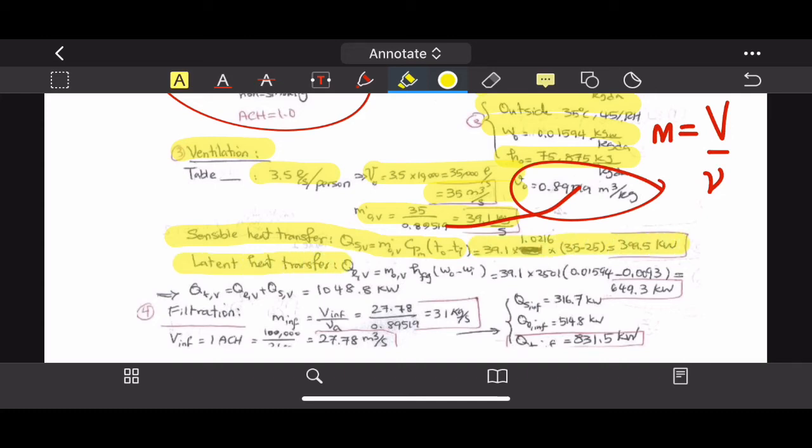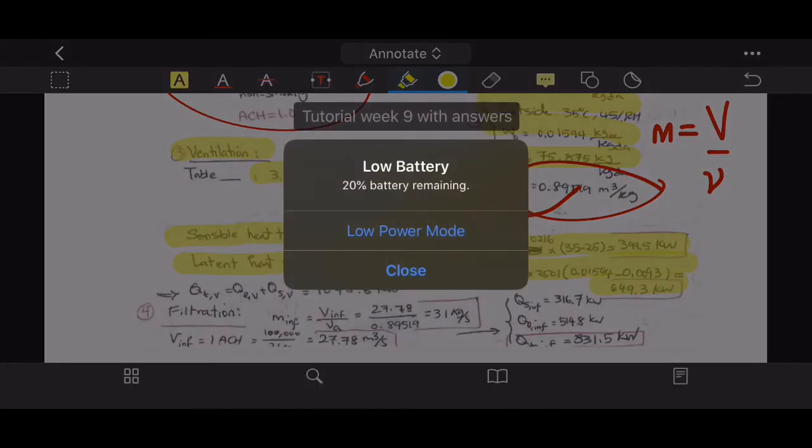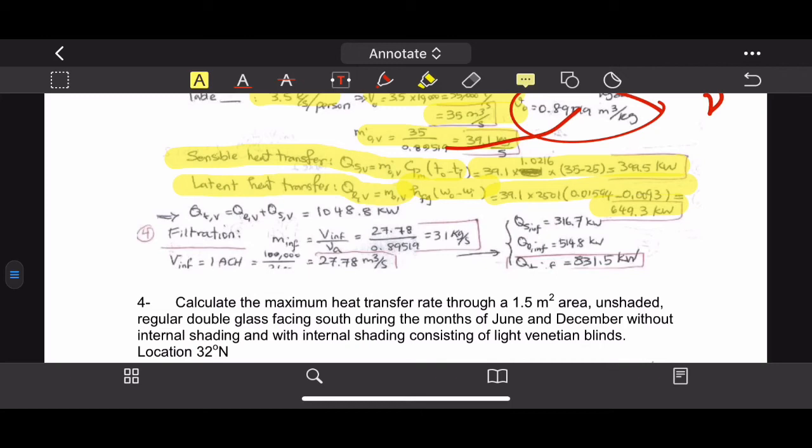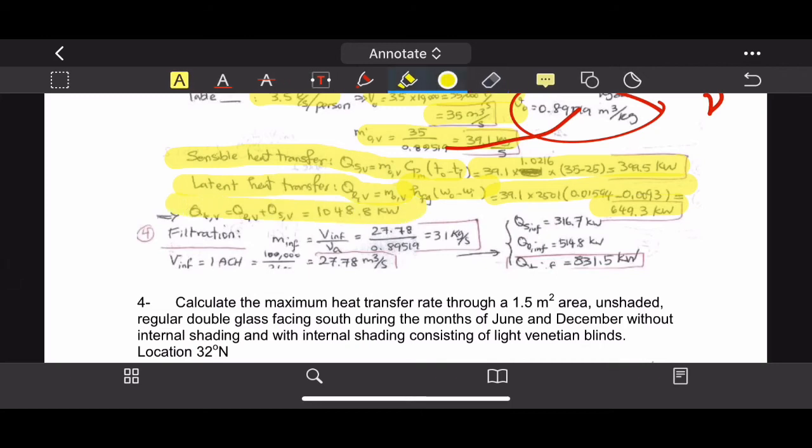But latent heat is different. Q_L is m_v times h_fg times the difference in omega. And you get the answer to be 649.3 kilowatt. Okay, so then you combine together, the answer is 1048 kilowatt. So for infiltration, V infiltration equals 100,000 meter cube per hour, divided by 3600